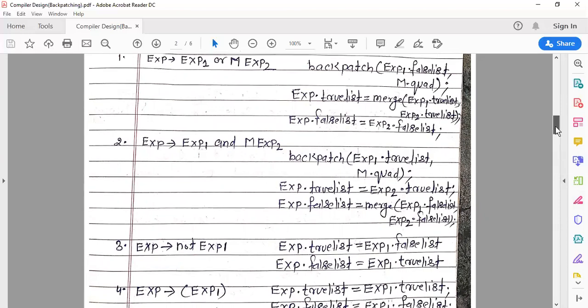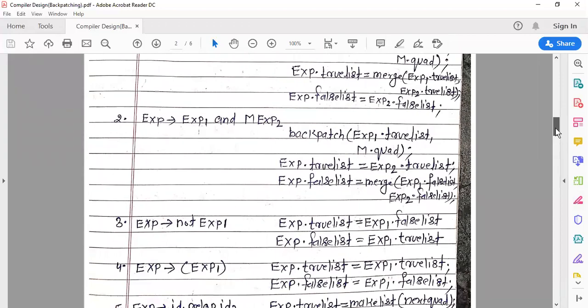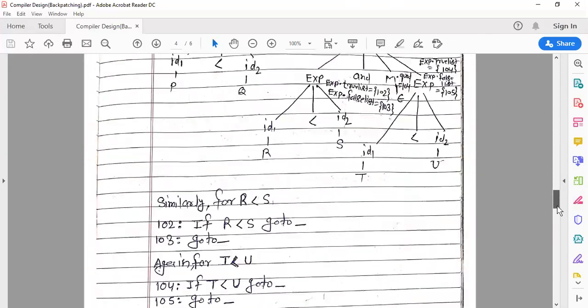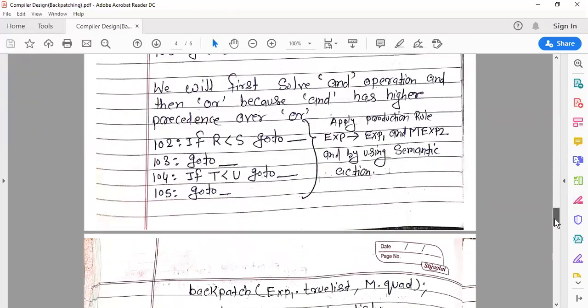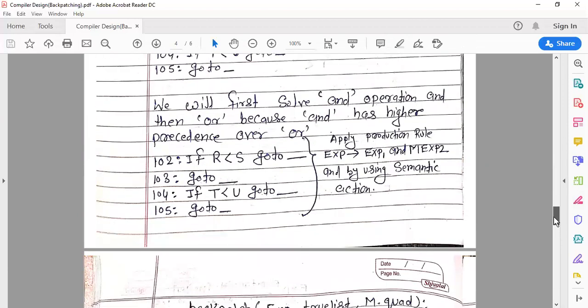So now you have to apply the semantic rule. Here you can see we will first solve the AND operation and then OR, because AND has higher precedence over OR.